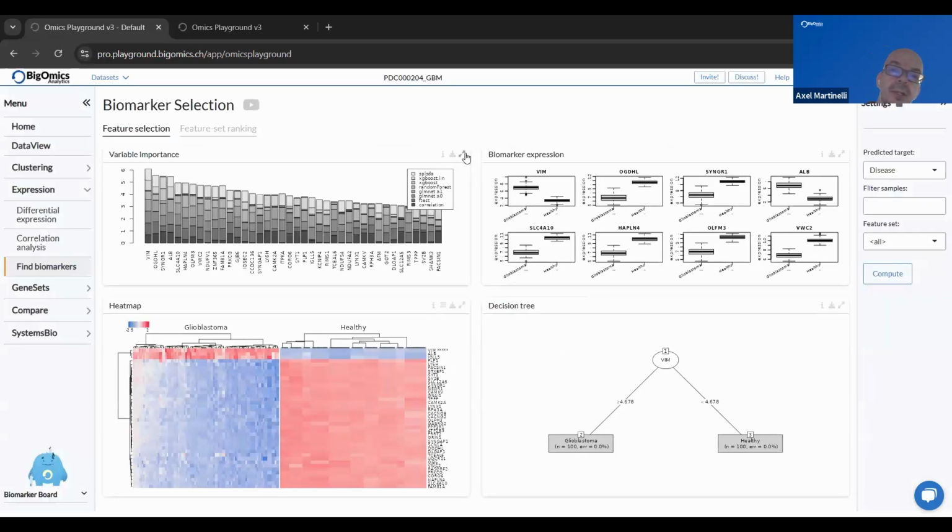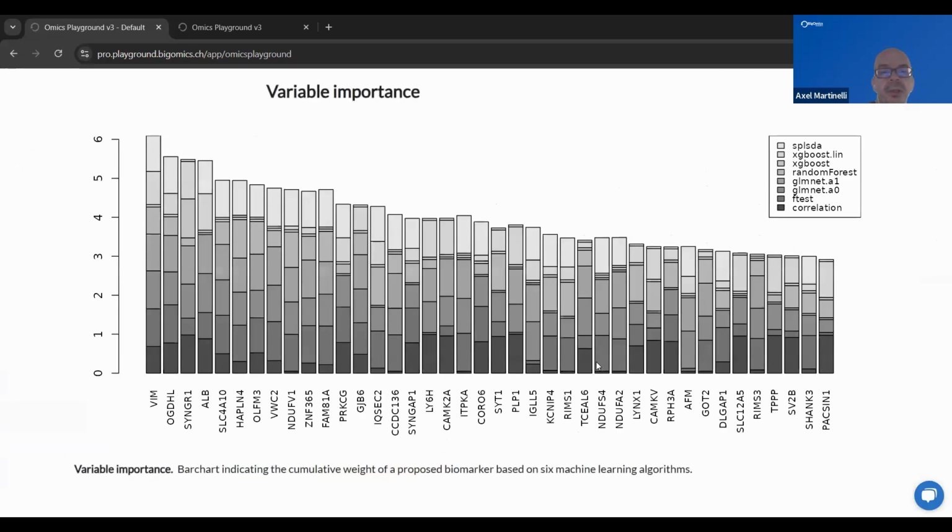And finally, you get this plot here, which shows you the cumulative variable importance of the different biomarkers as determined by the 8 methods that we combine. And they include 6 machine learning algorithms as well as 2 other statistical tests, so that the maximum score you can get is 8, and you can then see, for example, Vimentin has a score of 6, which means that